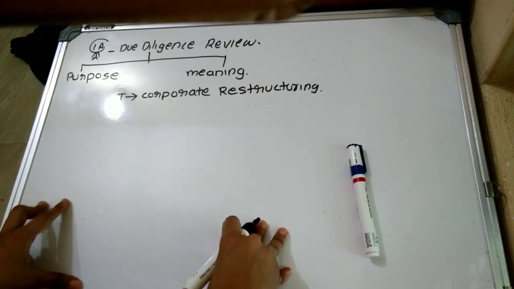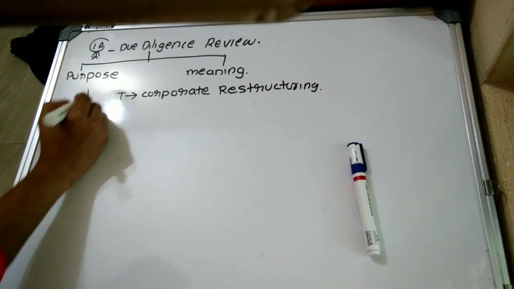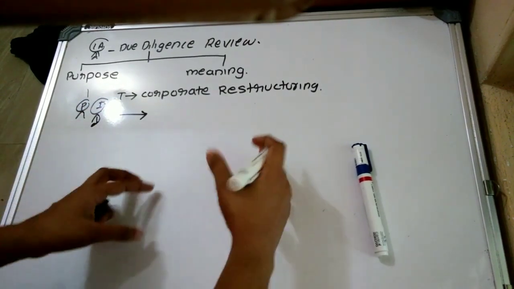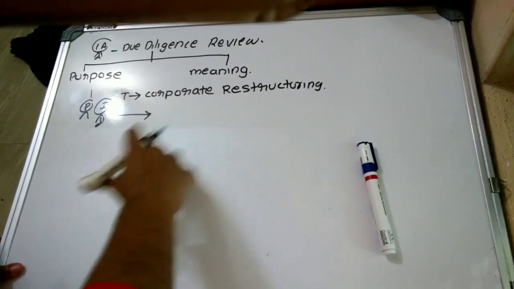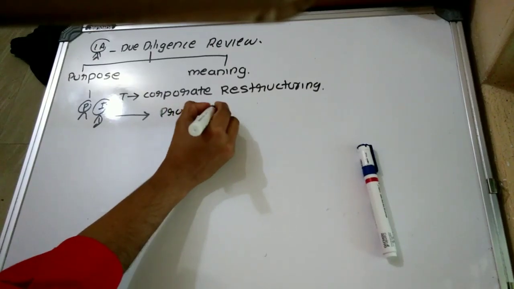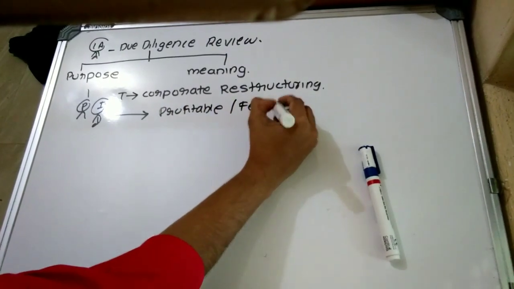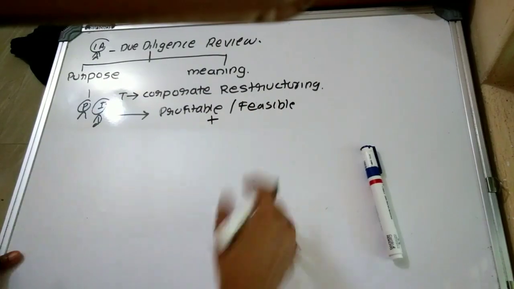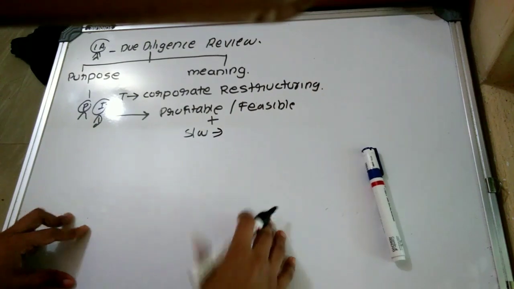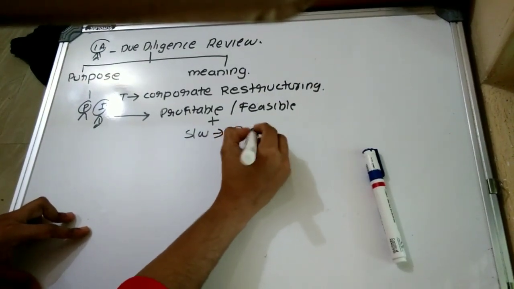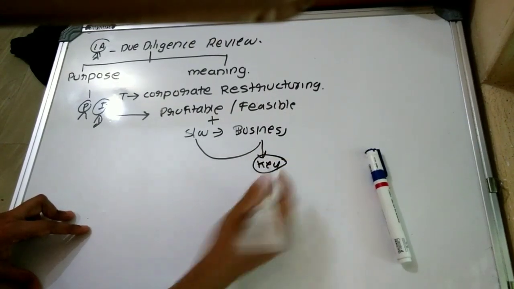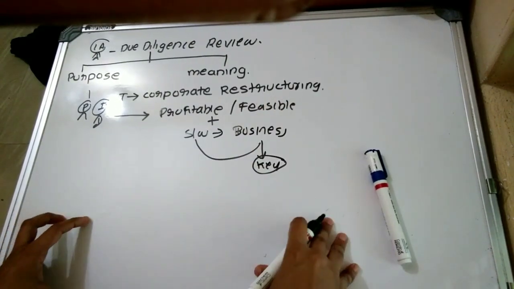What is the main purpose of due diligence? To assess, for the purchaser or investor, and determine whether making an investment in the said concern, or purchasing the said concern, will be profitable or feasible. Plus it also helps them understand the strengths and weaknesses of the business in which they are going to invest, as well as the key strategies followed by the said entity, their market share, etc.